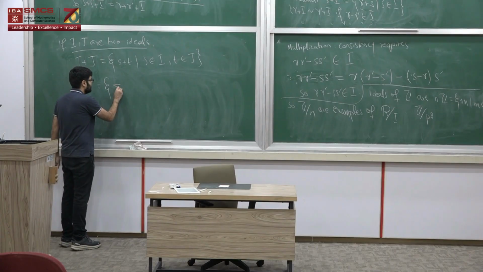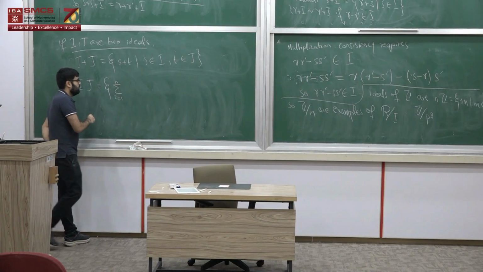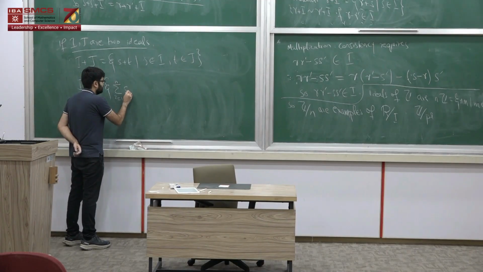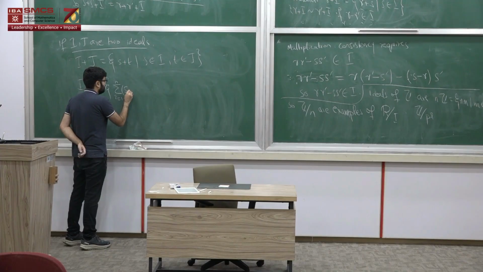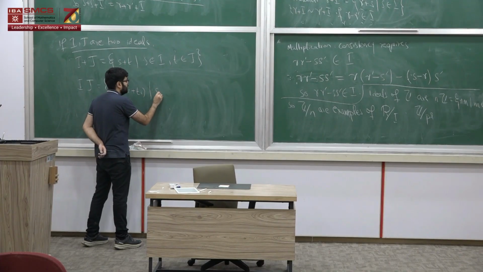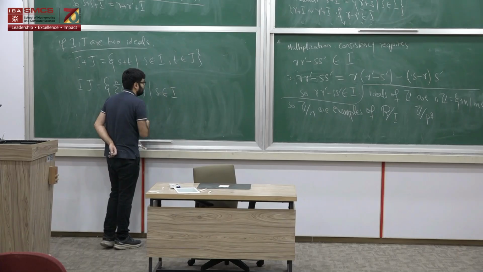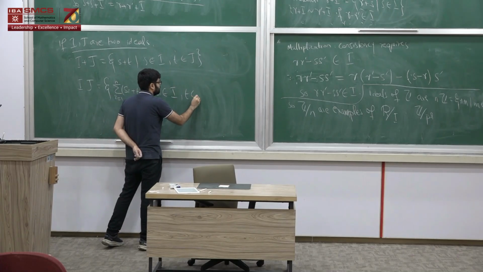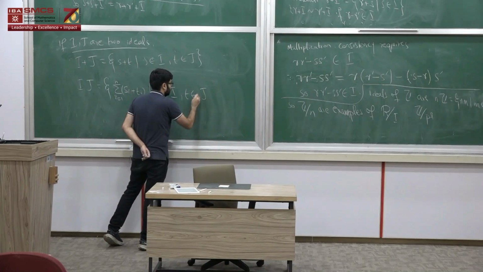So, the elements here are like the sum over i from 1 to n of S_i plus T_i,